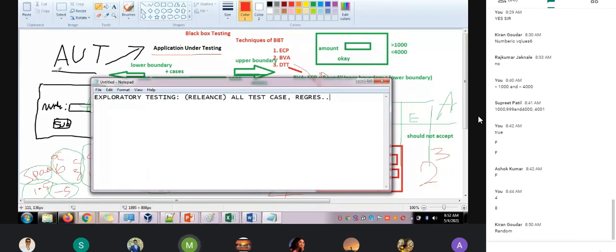But I'm telling the other team members to do exploratory testing, to do random testing. If he finds any defect, please let me know. That is called exploratory testing, without any documents, without any test cases. When he is testing an application like that, it is said to be exploratory testing. Now tell me, what is the advantage of exploratory testing?